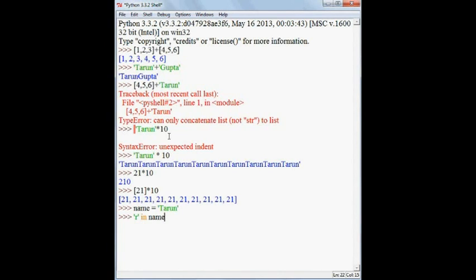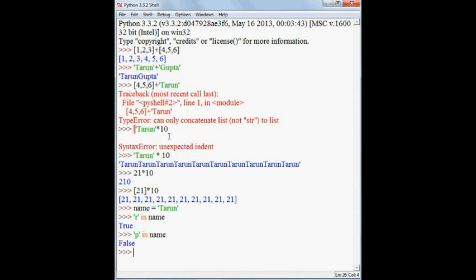It will check whether R is present in name or not. Press enter. You can see it's True because there is R in Tarun. What if I check P in name? What could be the answer? False. That's right, because there is no P in Tarun.